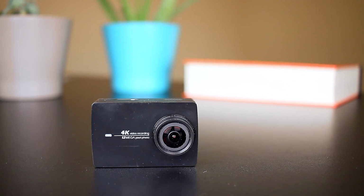So YI sent me out this camera to review and it is incredible. Now, it's been out for a while and there's a lot of great reviews on YouTube about it. A lot of people are calling the YI 4K the GoPro killer because you get such incredible performance and such a great user interface for a really budget price tag when you add everything up. The basic overview of the camera is that it's a 4K camera at 30 frames per second. You get a touchscreen interface, a great sleek build quality, as well as a lot of other frame rates and